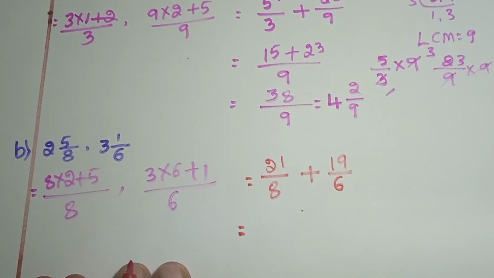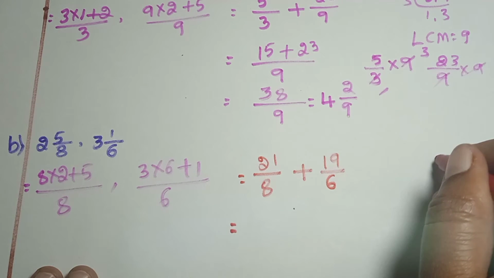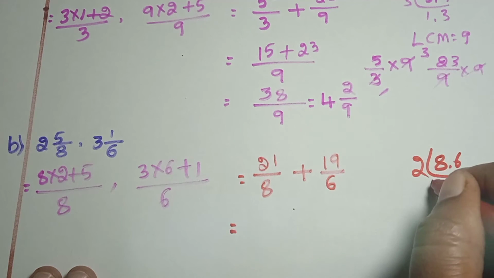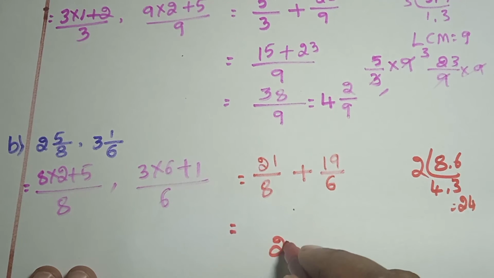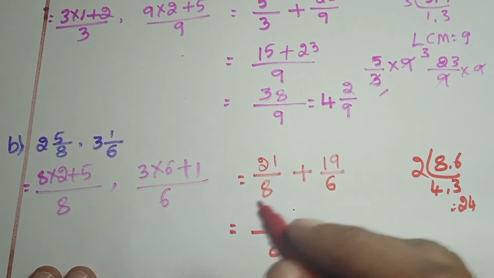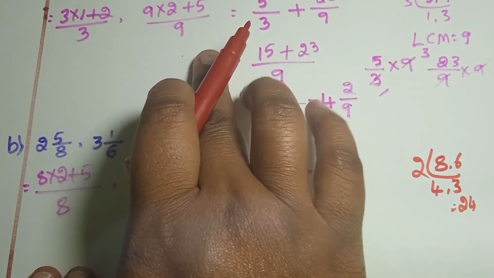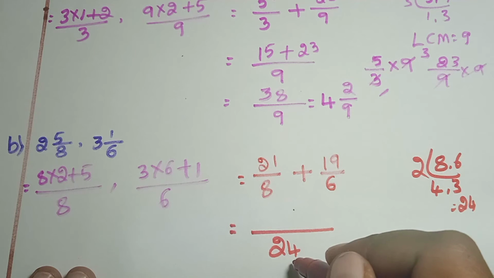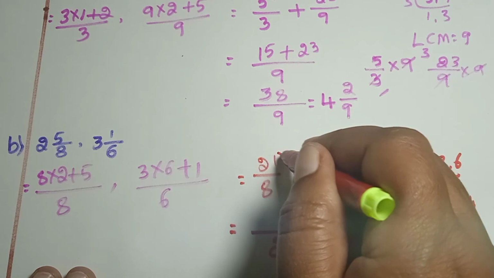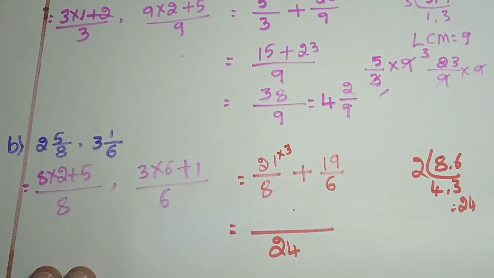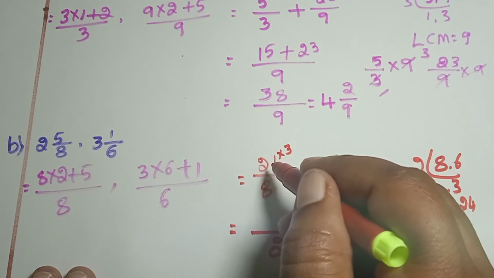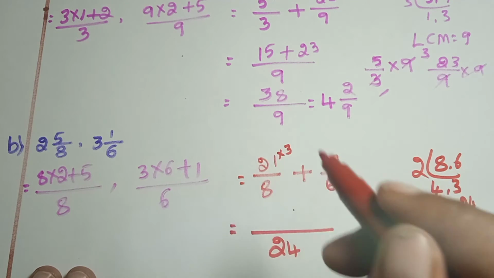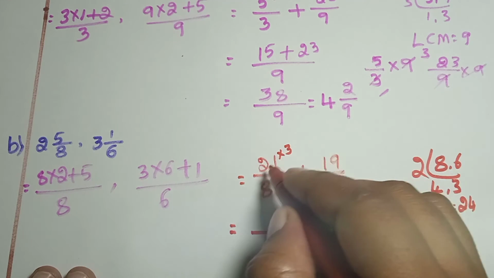Okay, once again we should take the LCM, that is of 8 and 6. LCM for 8 and 6. 2 4s are 8. 2 3s are 6. 4 3s are 12. 12 2s are 24. How much is the LCM here, children? 24. Okay, an easy step as we have done in the previous problem. Same procedure. 8 how much to make 24? 8 3s are 24. That 3 you should multiply in the numerator. Clear? Then what is the answer now? 21 into 3?